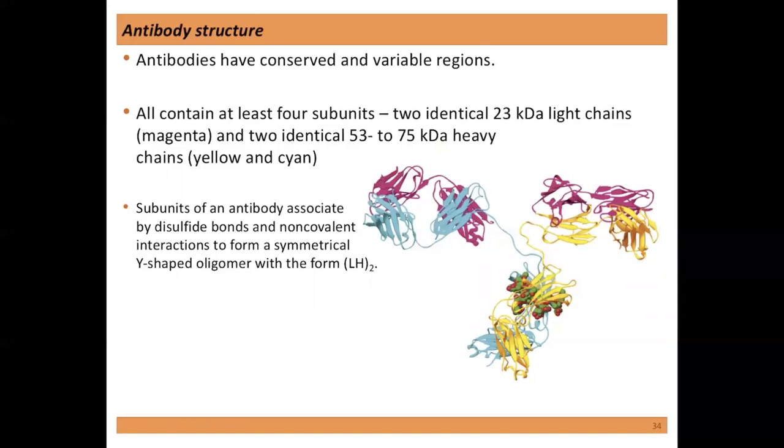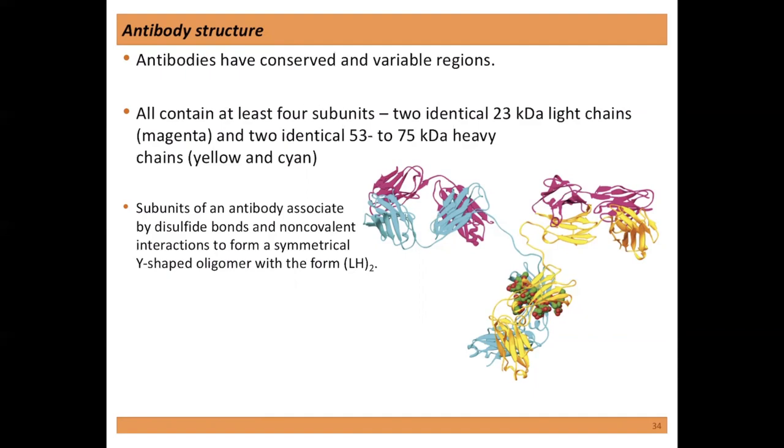Anyway, once they recognize the antigen, there's a process where they'll be replicated and you'll produce lots of those B cells. So again, that's really immunology that we just poorly touched the surface on. But since this is a protein chapter, we want to focus on the thing doing the action, and that's the antibody. So antibodies have conserved and variable regions, all contain at least 4 subunits, and 2 of those subunits are